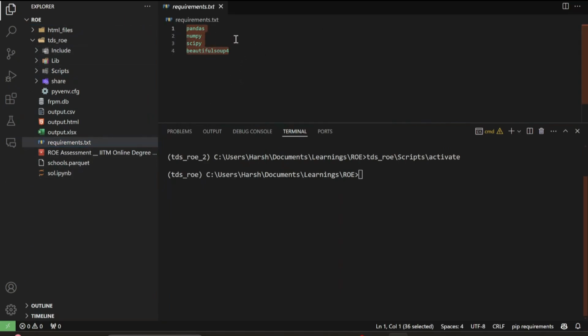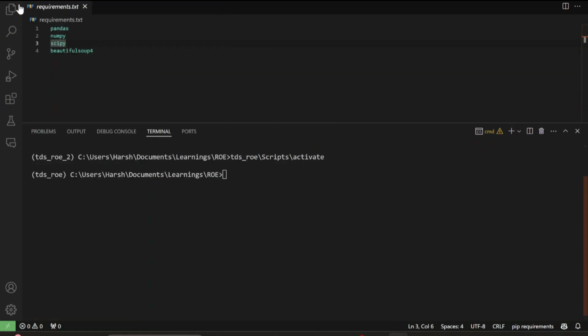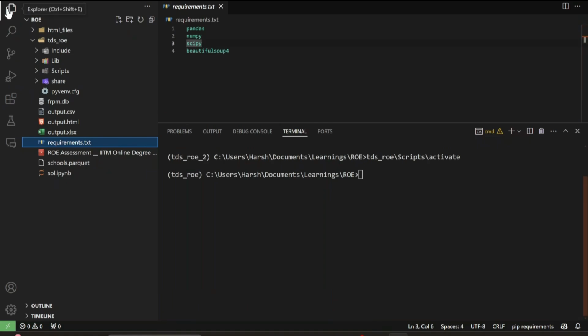In general, these are all the libraries that you may need, not more than this. First one is pandas, second is numpy, third is scipy, and fourth is Beautiful Soup. This is just for data parsing. Totally fine. Now, why have I created an env and why have I created a requirements.txt? That's the question. Env I have